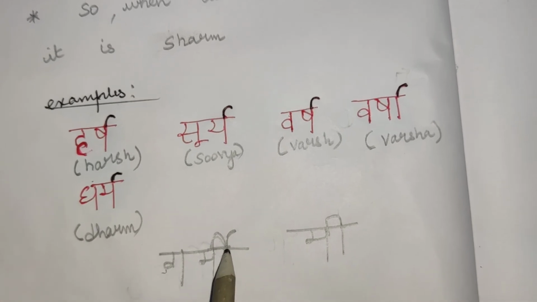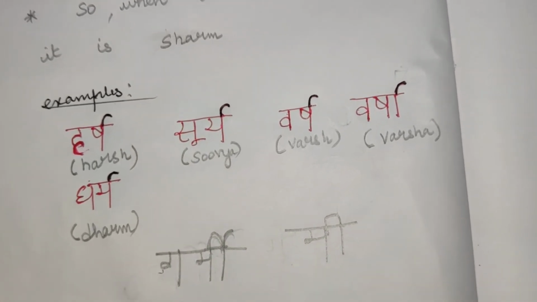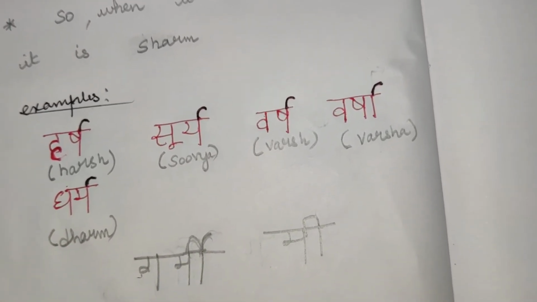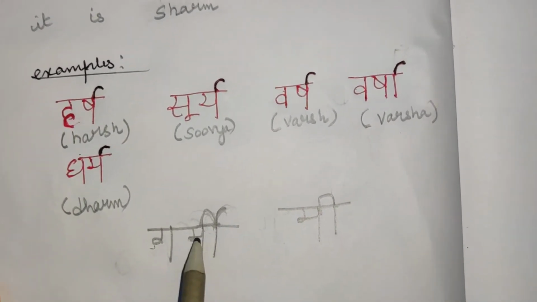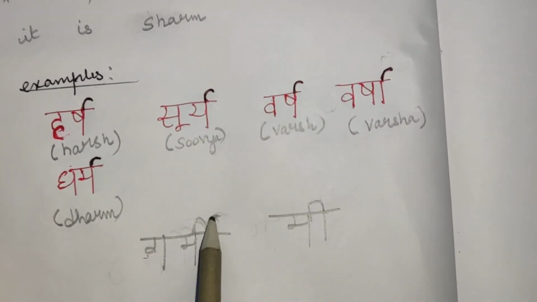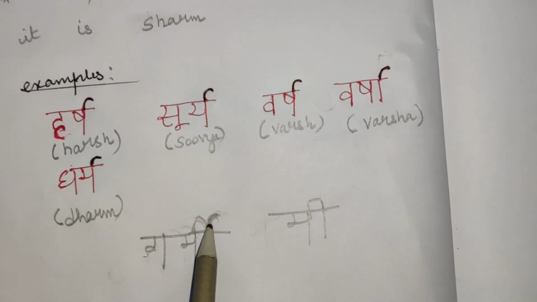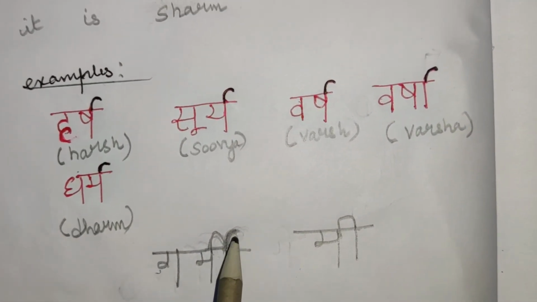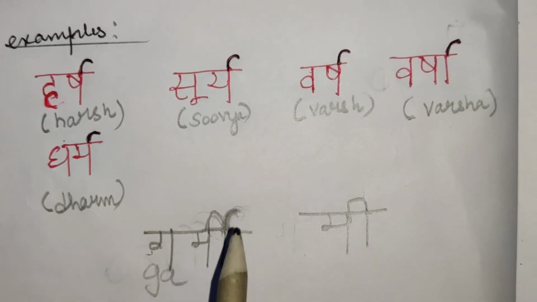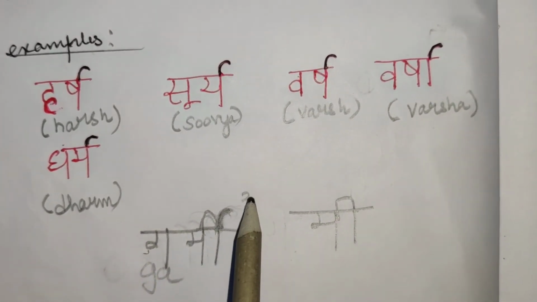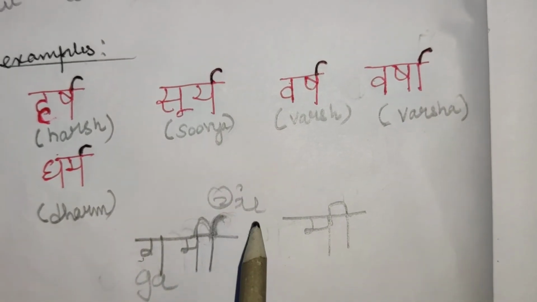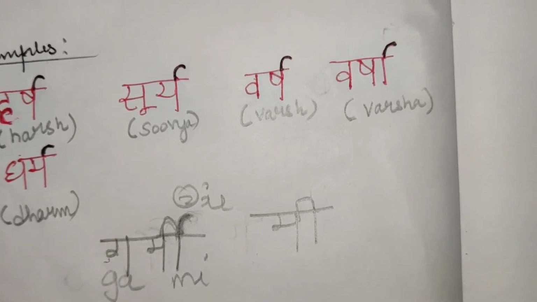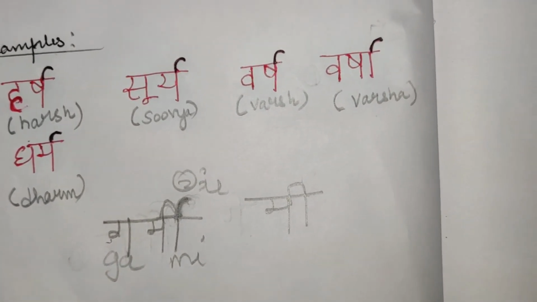Garmi. So you can see like this. If you don't know how it looks different, it is very easy. If you see any Vyanjan letter above the Shiroreka like this, it has to be sounded as a half letter ir. So this is ga, you see like this. So it becomes ir, and then ma, mi, garmi. Garmi means hot. So this is how the ra usage will be used in words.